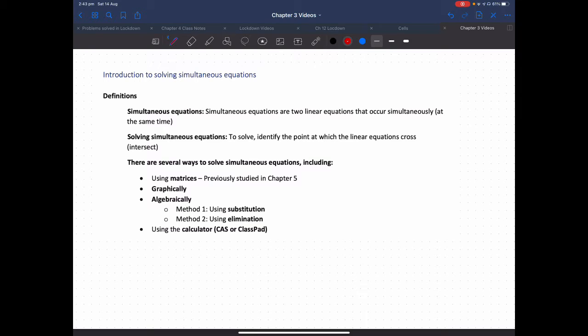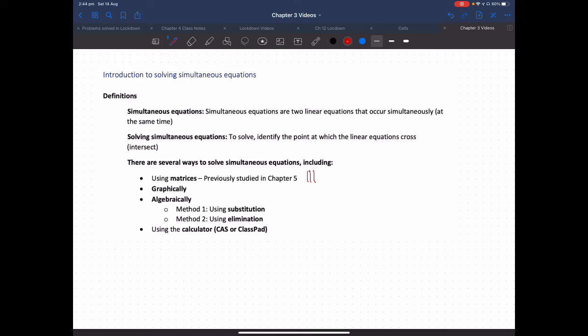We're going to be looking at solving simultaneous equations. This is finding where two equations intersect with each other, if they do. Earlier on in the year, you solved simultaneous equations using matrices. That will not be used during this chapter, but it is a method that you will need to know for